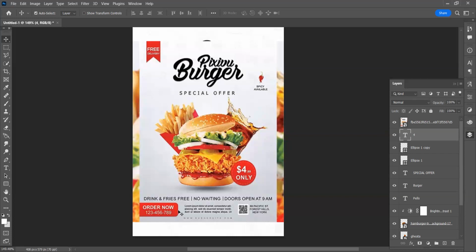Then we have shapes too. Can you see this one, rectangle? This one has been manipulated, a rectangle, but they subtracted a kind of triangle from it, and it gives them this shape, right? So now we can see image at work. We can see all those elements at work in this design. So that is what we are talking about. Look at lines here. Drink and fries free. Can we see line at work? So now almost all those things work together to give us what we call a design that we can actually consume, right, as audience.